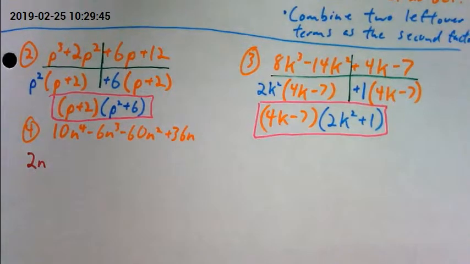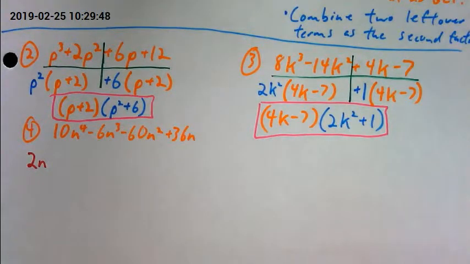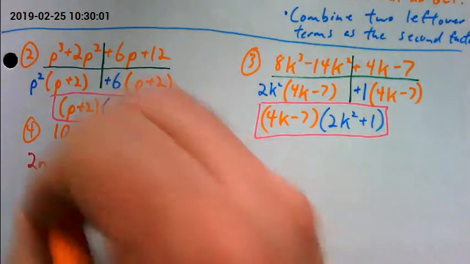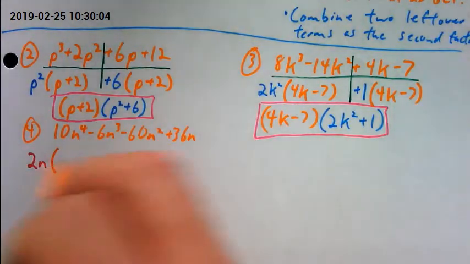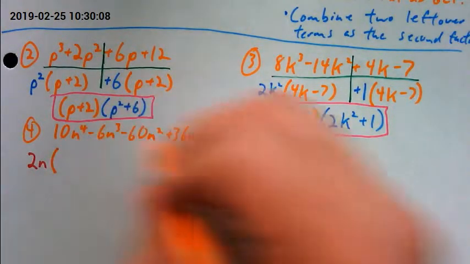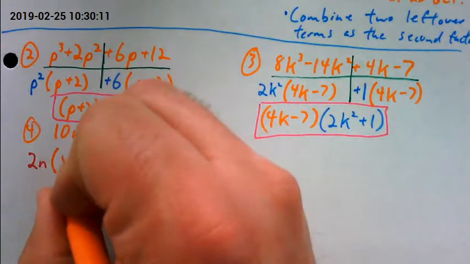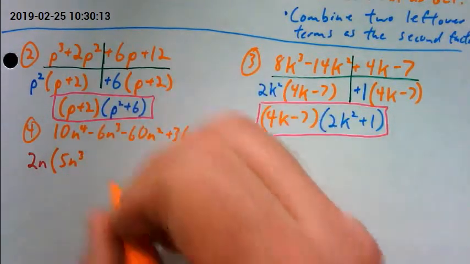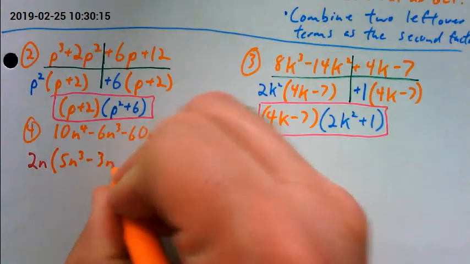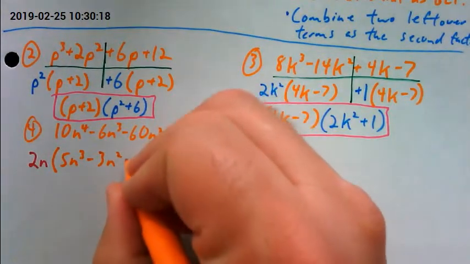Again, if there is a GCF, we want to take it out at the beginning. Because if you wait till the end, you're going to forget about it. And again, most of the time the directions are going to be factored completely. And you have to take it out as a separate factor. All right. So here we have that 2n. Now, what's left over? This is just like last week. Factor it out by dividing it off of every single one of those values. So we're dividing every value by 2n. So this becomes 5n to the third minus 3n squared minus